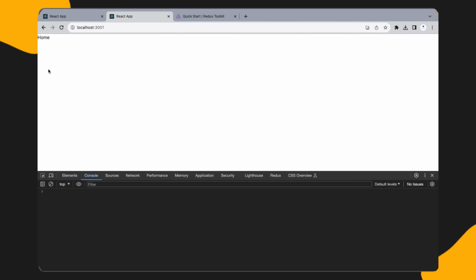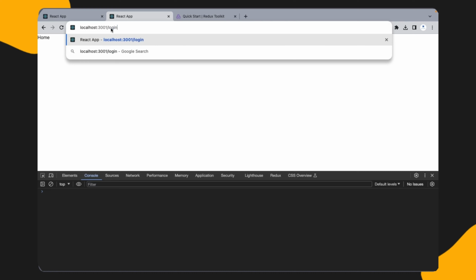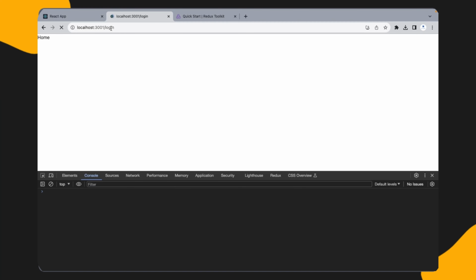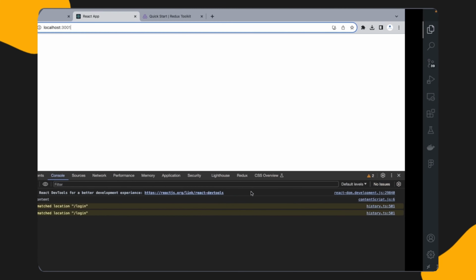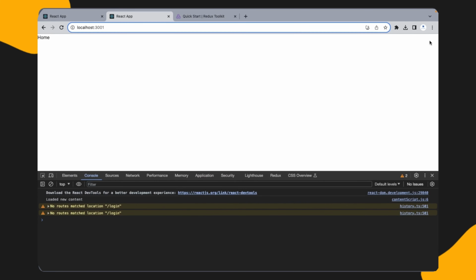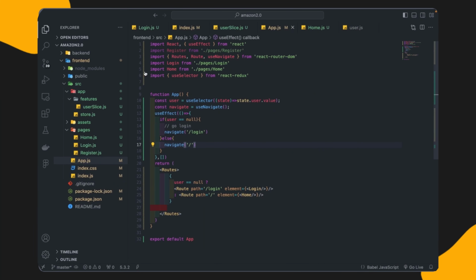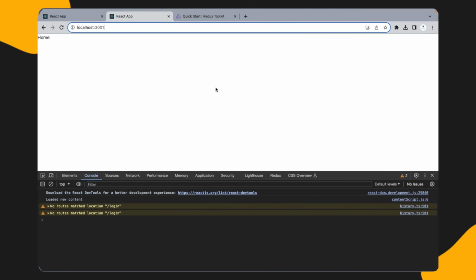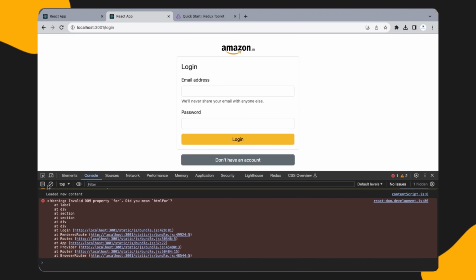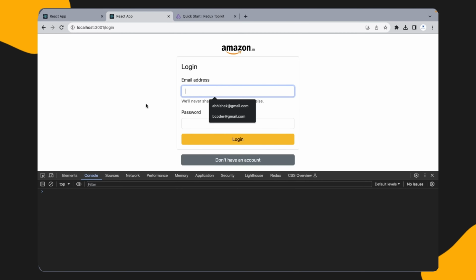If you see, now we are redirected to the home page, and if I try to go to the login page without signing out, every time it will open the home page only, and the URL will also change automatically. For the logout, we will provide a specific button, and when he clicks it, the value of the slice will change, and according to that our logic will work. Initially, if that data is null, we are able to see the login things.